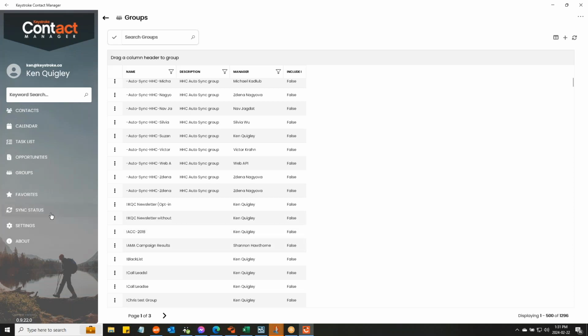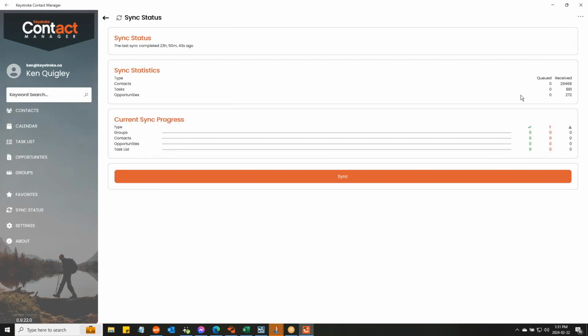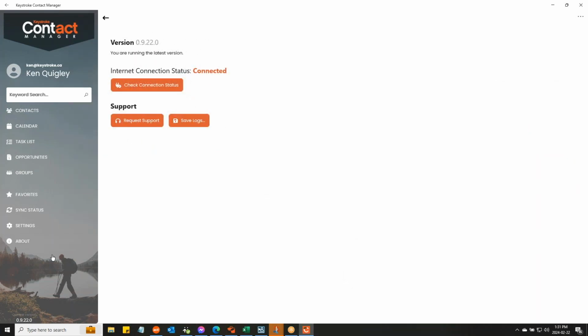Now let's take a look at the sync status. Up here, you've got download all data, download all activities, things like that. I can trigger the sync right now, but I think it's probably already started. Under About, I'm not going to initiate a sync because it could take 5 minutes, and that's pretty bad television. But if you click on About, you can have a confirmation of your connection status, request support,